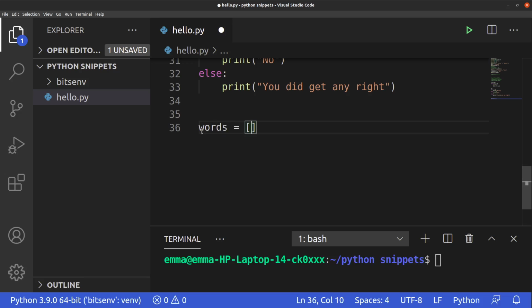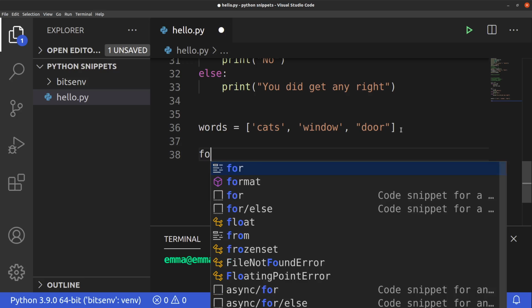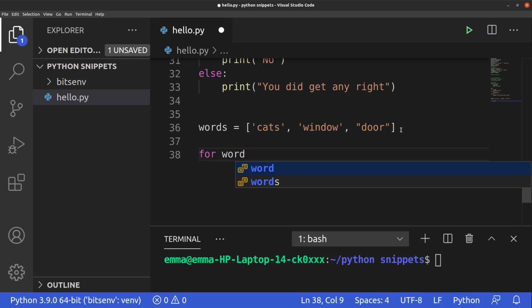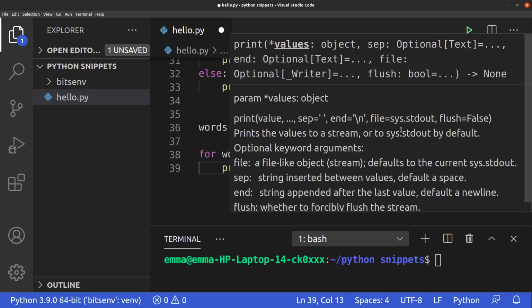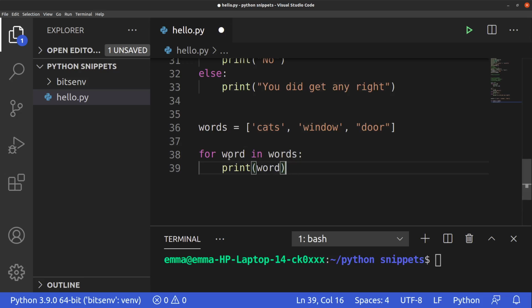Now, say we have an array that has cats, window, and maybe let me just say a door. You want to loop through this. You start off with the for keyword, then the variable you declare will be the one to hold each single item. Then use the keyword in, then a colon, then we can print out each individual item in the array. Wherever it loops, it will pick one item, and that item will be stored in this variable